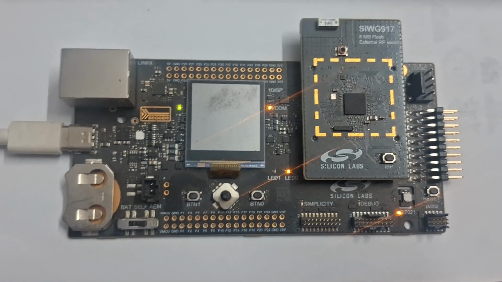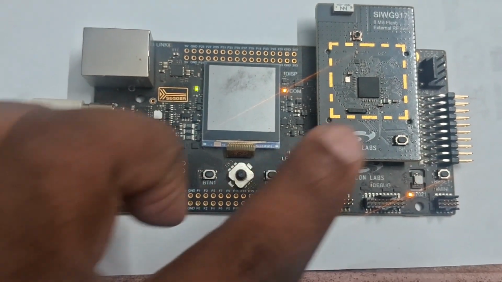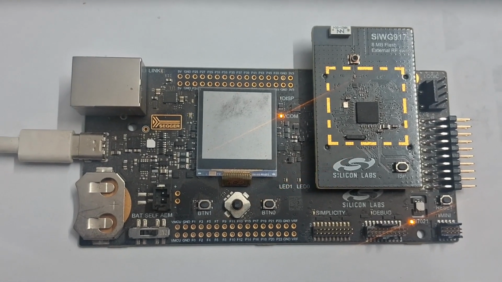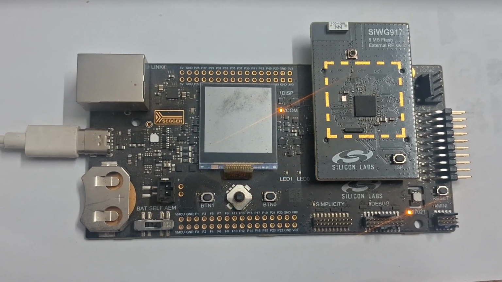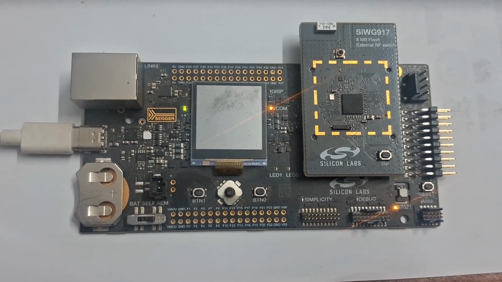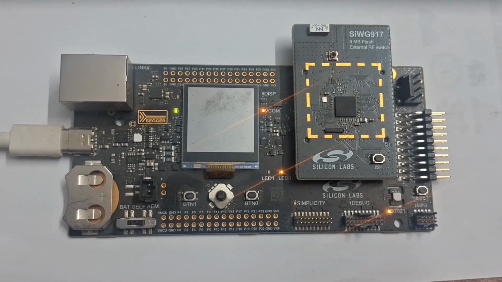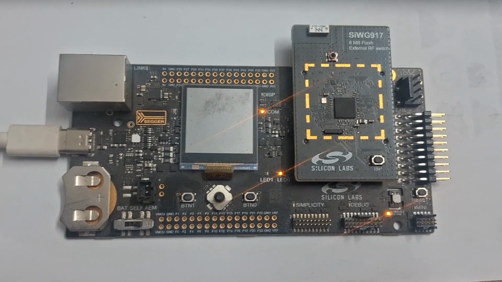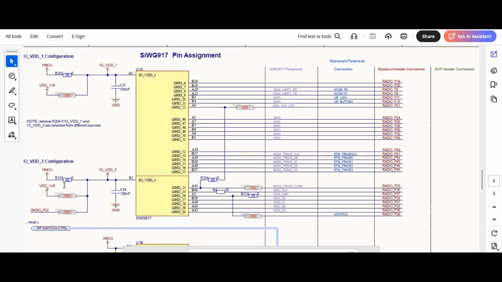We can actually use any of these pins that are connected to the SiWG917 and then toggle the pins. We'll look at them separately, but for now let us try to switch to LED1 and show how to do that. So this is the schematic for the SiWG917 radio board,